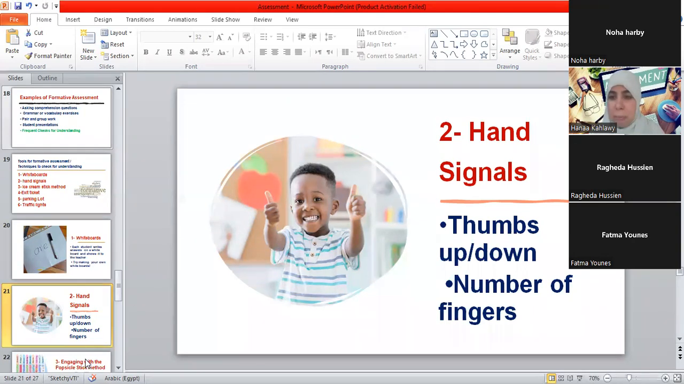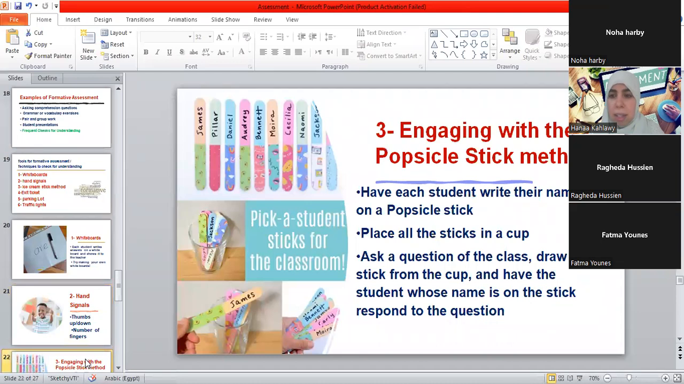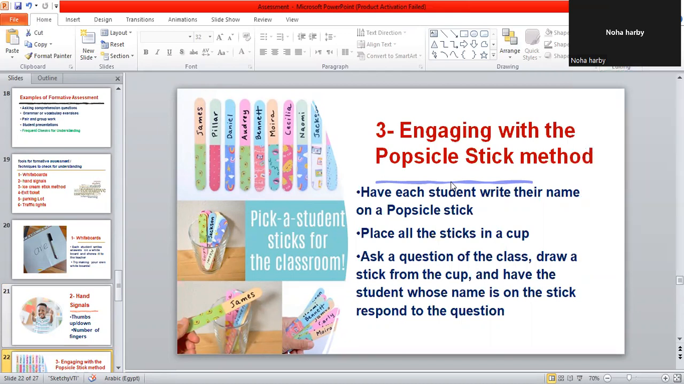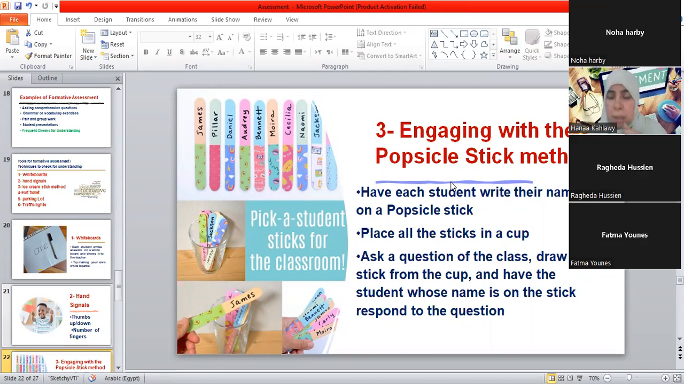Number 3, and Miss Noha and Raghda and me, in fact, use this way, engaging with the popsicle or ice cream sticks. Engaging with the popsicle stick method, writing the names of your students on ice cream sticks, and while you want